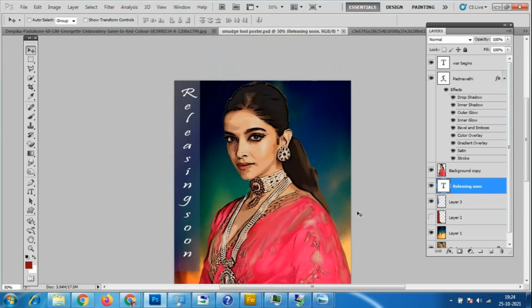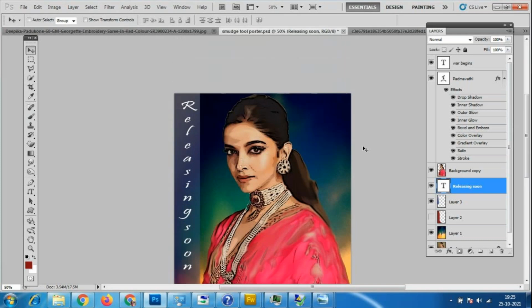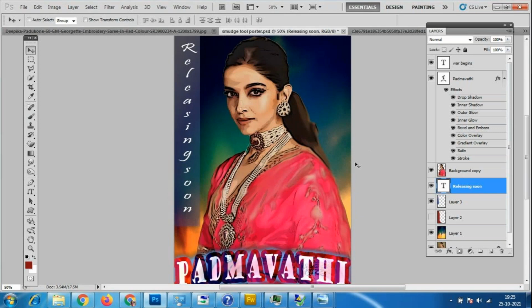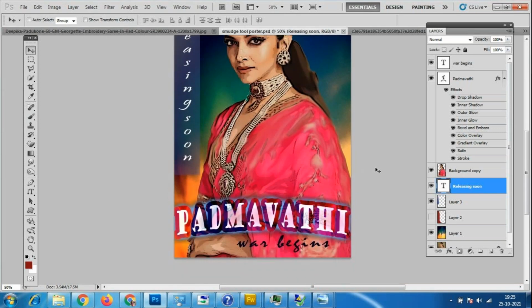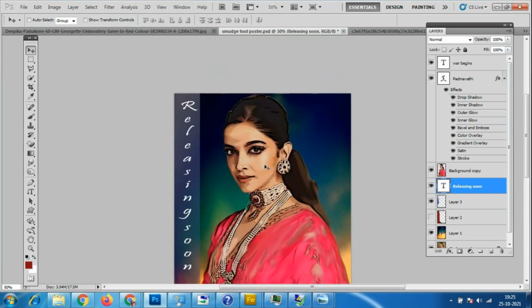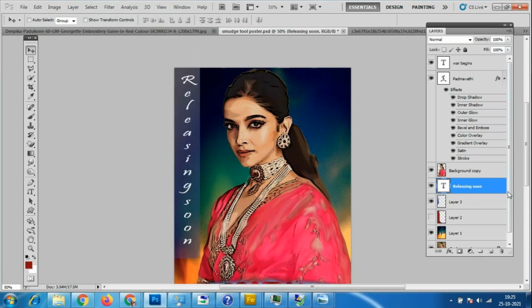In our next class we will add some more images for this, using the clone stamp tool and pattern stamp tool. We are merging easily, like how we are creating the movie poster. So like that we can create some of these things. Okay, does anybody have any doubt with this? You can create your own posters, take celebrities' pictures, add the filter effects for this, and you can do any of these things.